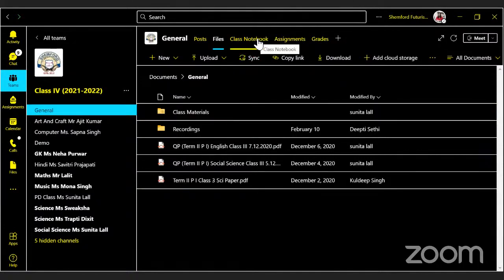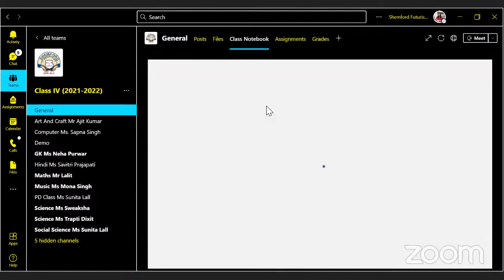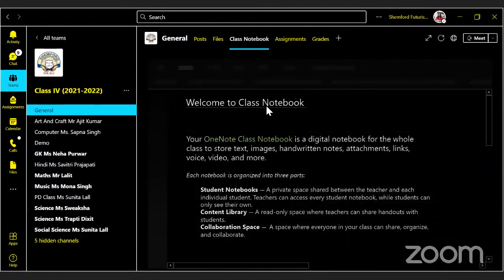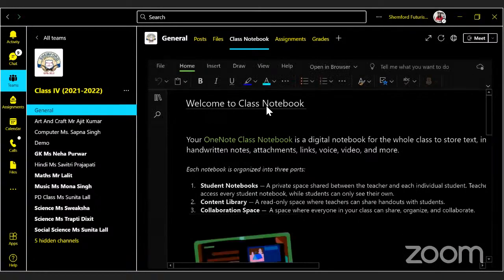Now, the next option is class notebook. This is just a wonderful tool. Wherever you are sitting, when you go through the options, I don't know whether those who are using Teams have explored these options or not. You will really jump out of your chair, bed, wherever you are sitting. It is an amazing tool, right? Class notebook, right? So I'll just show you.